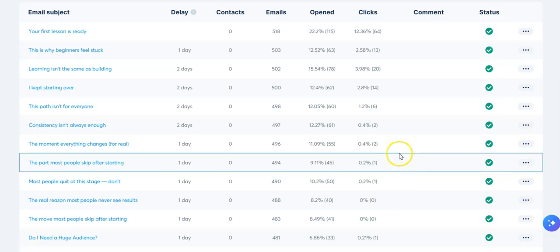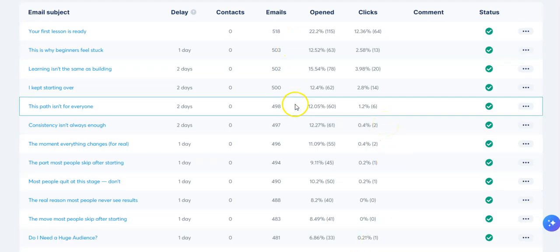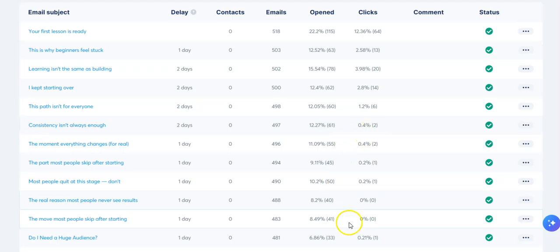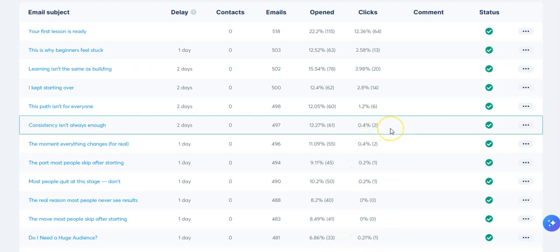So you notice that there are fewer people clicking here. What does that tell me? Even though there are 500 people, and cold people are not clicking on these specific emails, what does that tell me? We need to improve the links in that email. Instead of rewriting those emails, we've got to tweak and optimize the links.